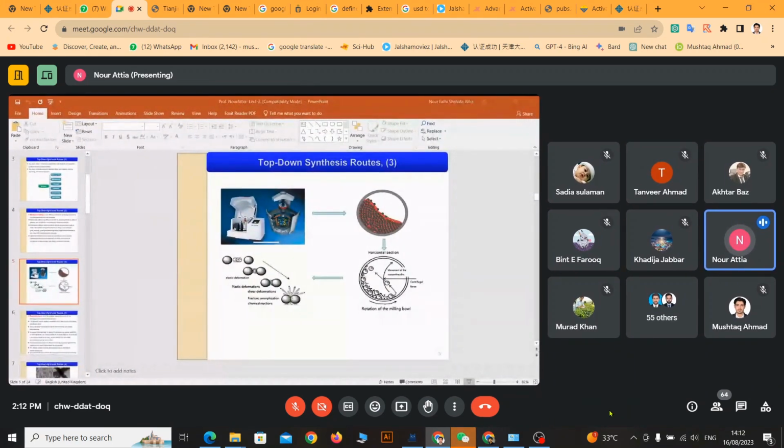The ball milling machine is a simple machine. You can find it everywhere. The machine is like a capsule. It could be a ceramic capsule, and the capsule contains some balls. Sometimes, if the capsule is steel, then the balls will be steel. If the capsule is ceramic, then the balls will be zirconium oxide. And you put your materials, and during the collisions,